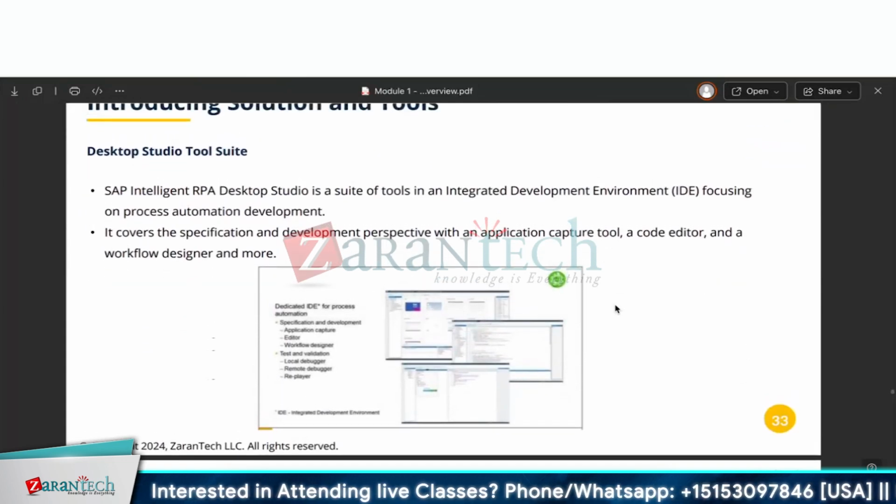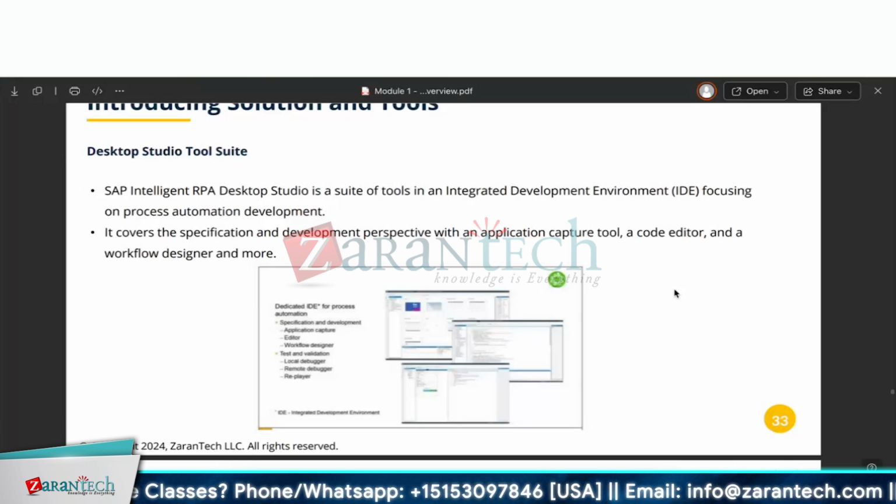Desktop Studio tool suite. SAP Intelligent RPA Desktop Studio Suite is a suite of tools in an integrated development environment, an IDE, focusing on process automation development. The IDE process that we had earlier in IRPA has been removed. For that they have introduced